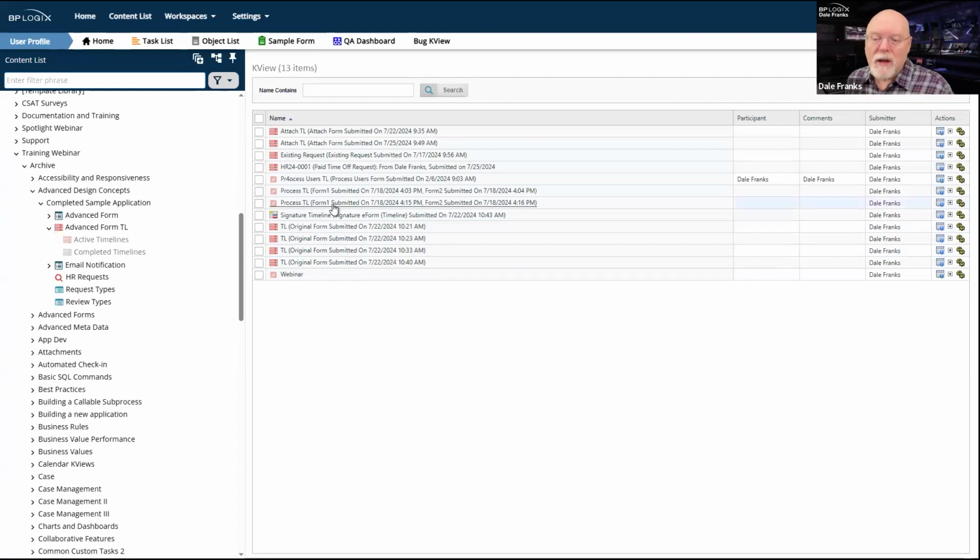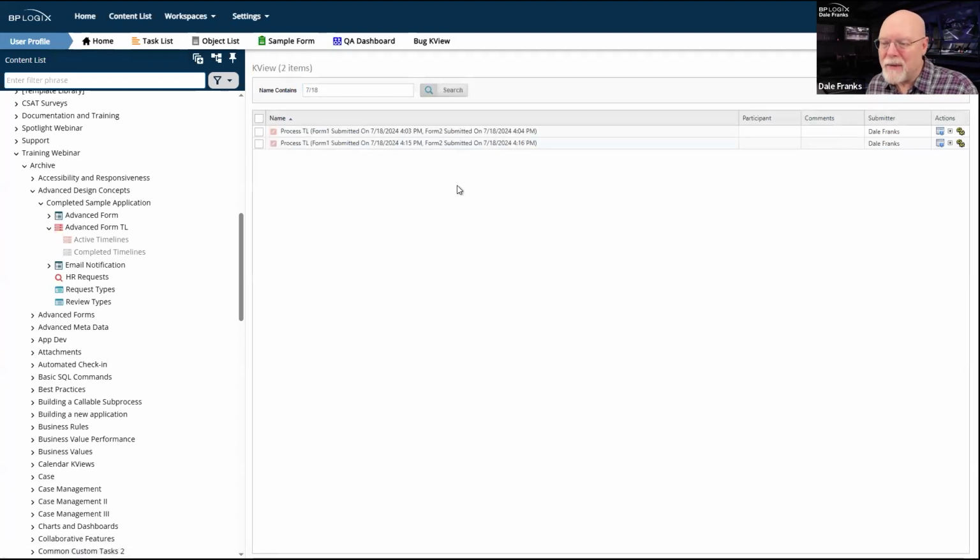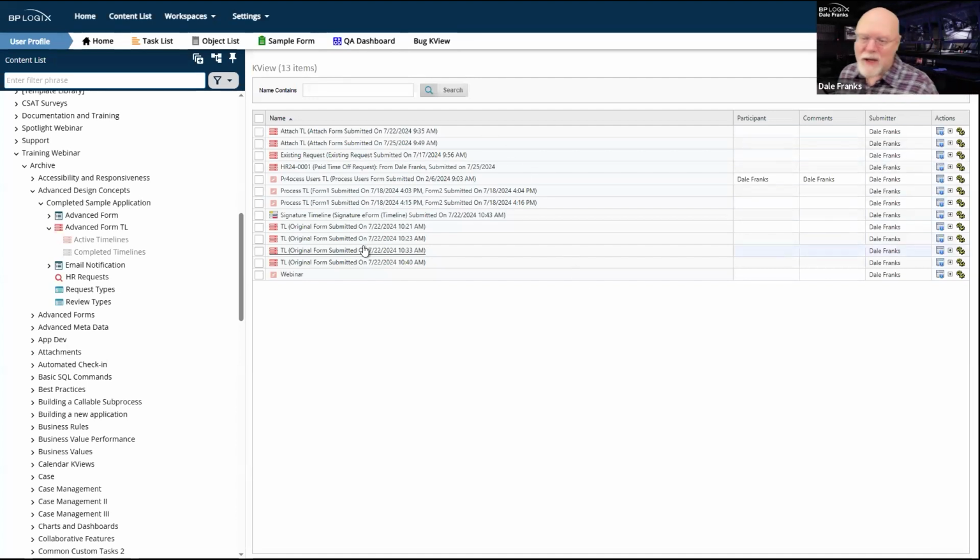So if you have a process timeline that was created from a form submission and you have an appropriate name for your form, that can kind of get you out of it because the form name is included in the name. So I can find stuff pretty easily. Searching 7-18 does get me these two forms submitted on 7/18, although there is no unique number on either the form or the process names. You're going to make your life a lot easier.